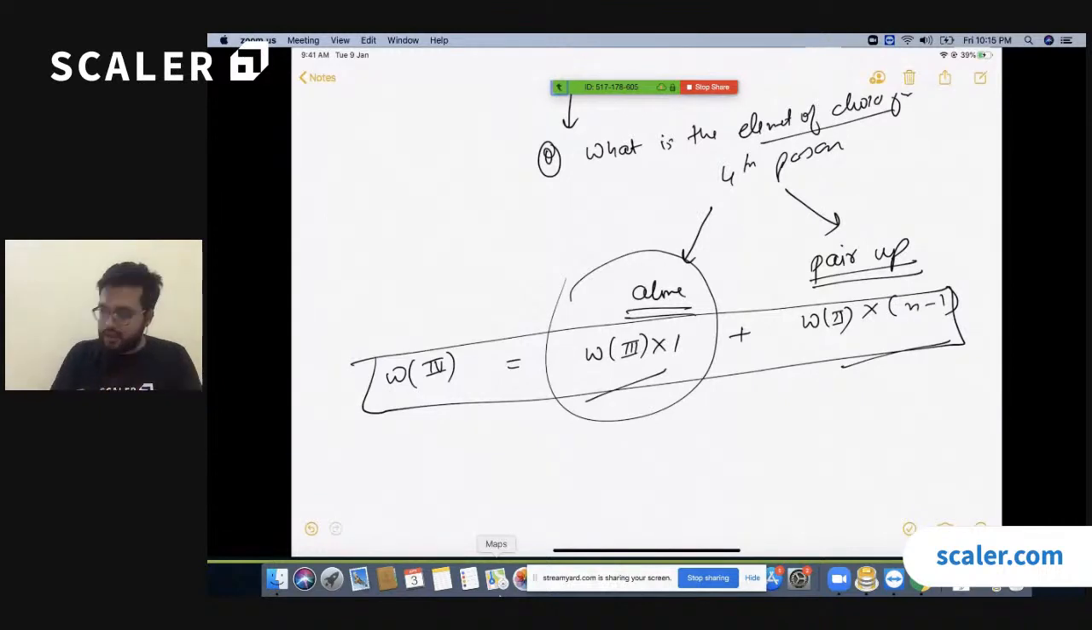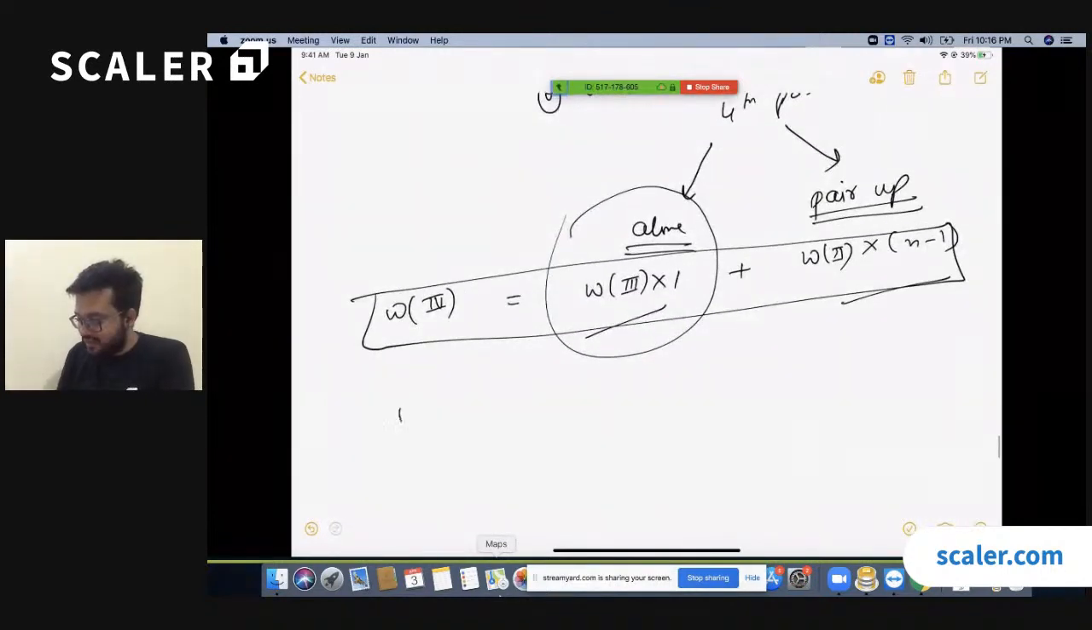So we add them up. The number of ways 4 people can enjoy the party is the number of ways 3 people can enjoy it, multiplied by 1, plus the number of ways 2 people can enjoy it, multiplied by n minus 1, and this is how we solve the answer. Okay, we can generalize it and say the number of ways n people can join the party would be equal to